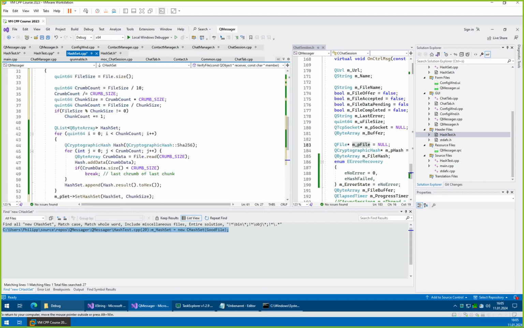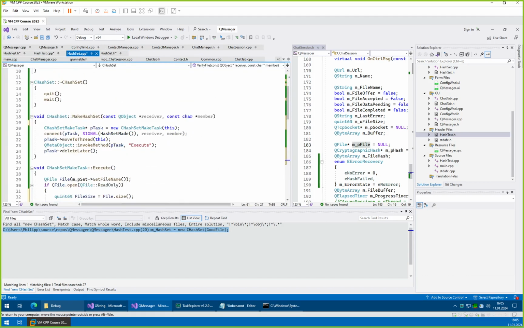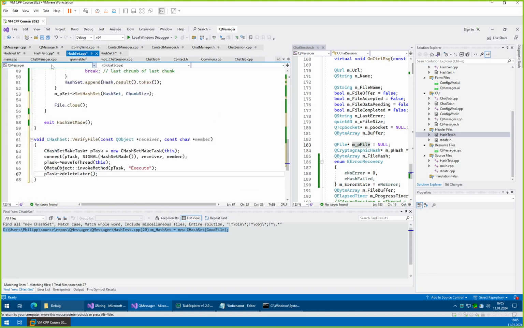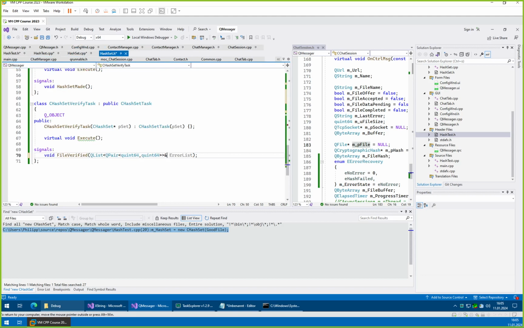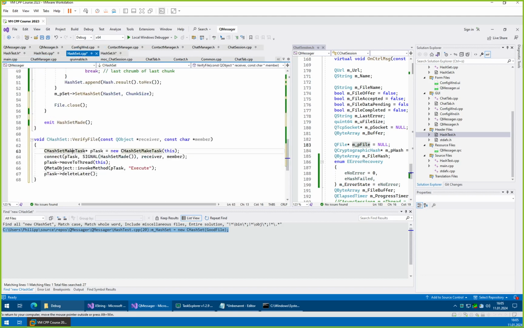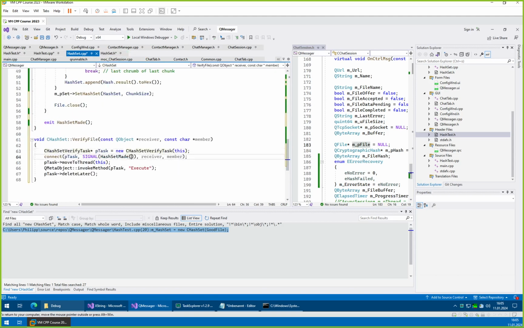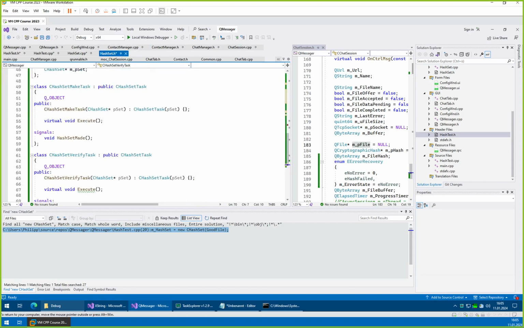So we have hash, we have our verify. Then we can just copy this code here. We will of course need to alter it slightly. We will take our different task type and create a different task type. And of course we have a different slot. This one was file verified. File verified with receiver and member. Move to thread, execute, and delete later. Nice. So now we just need to